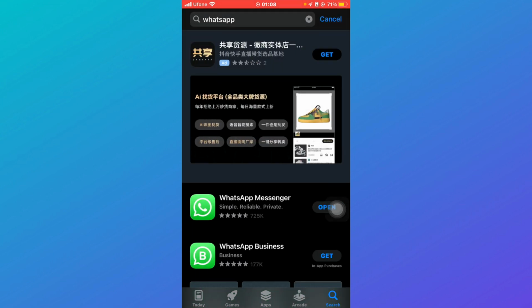If still not, then it might be a server issue of Meta AI or WhatsApp. So try after some time and your Meta AI problem would be fixed once the server gets fixed. So that is basically how you can fix Meta AI not